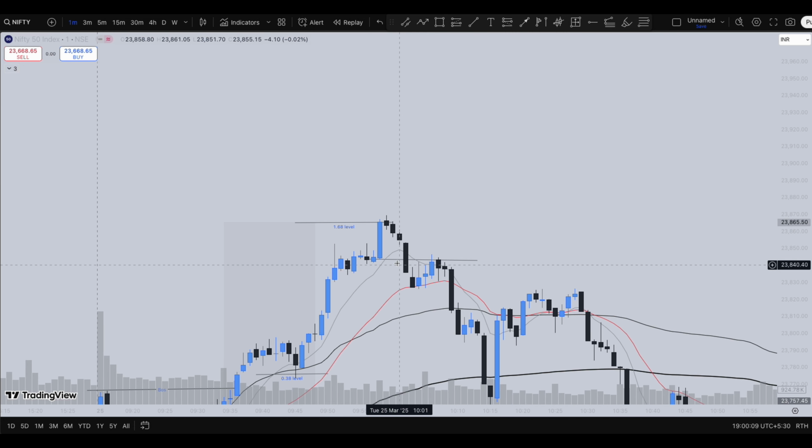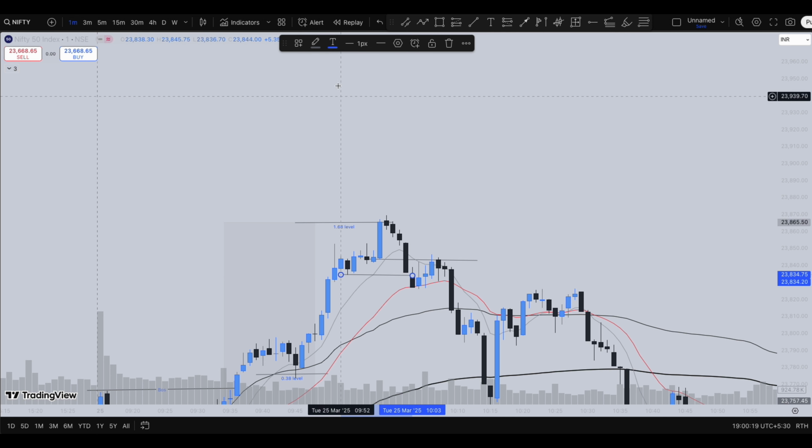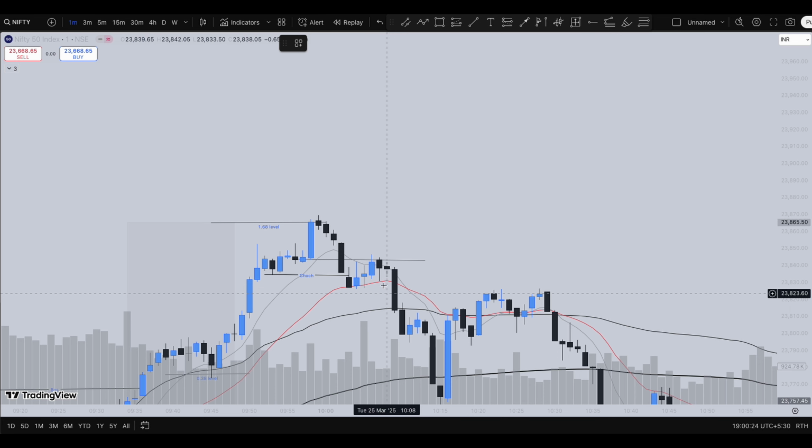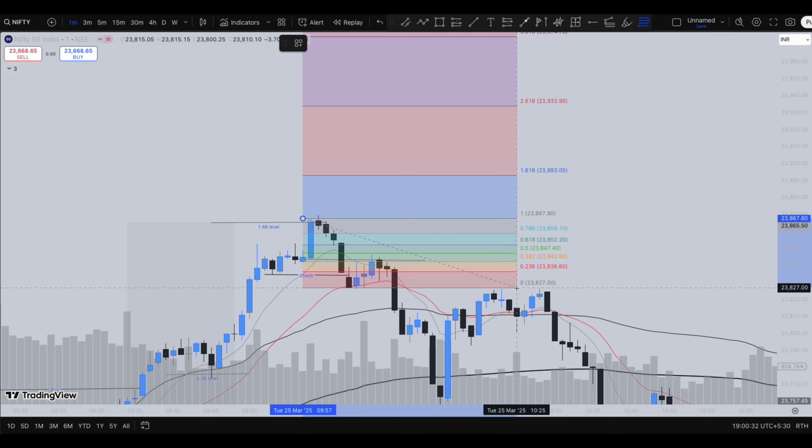But what happened is that you can see this huge bearish candle which even broke this low as well, forming a CHoCH over here. This you can consider to be a CHoCH formation. And you can see if you try to plot the fib levels over here, the common point between this to the common point between this,